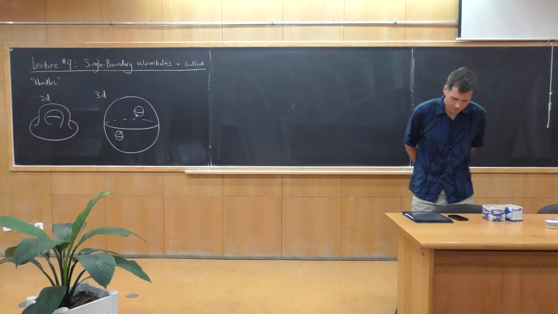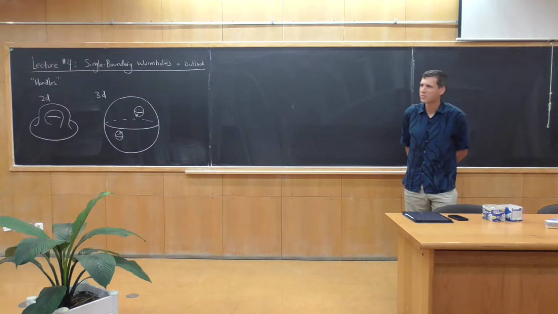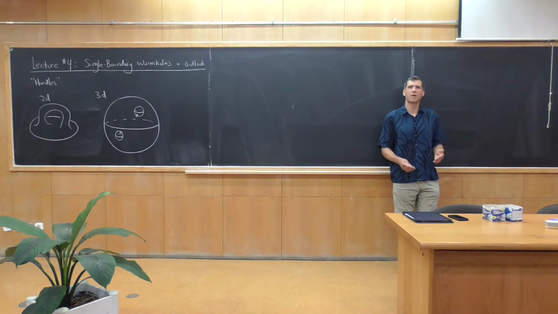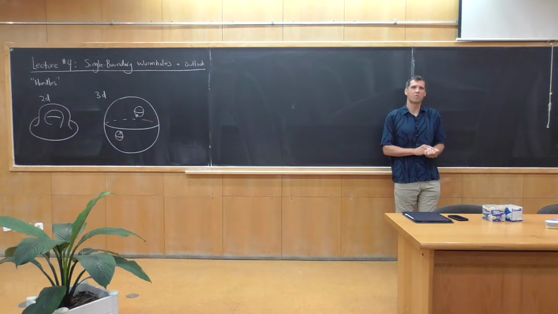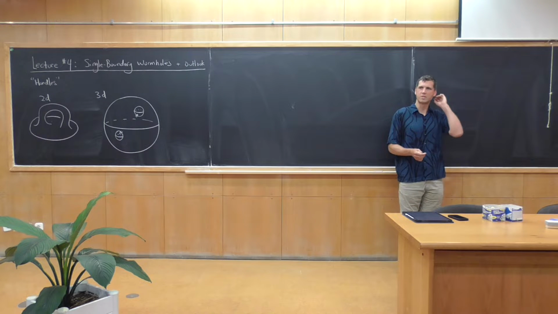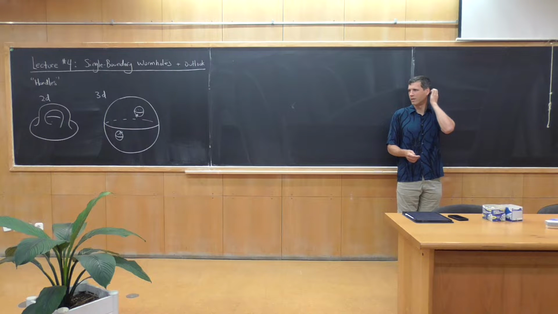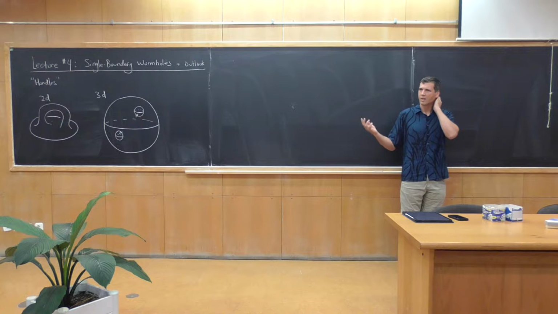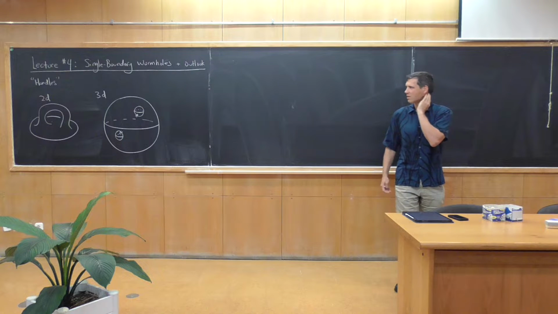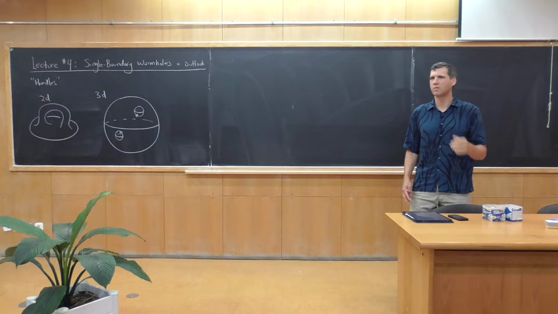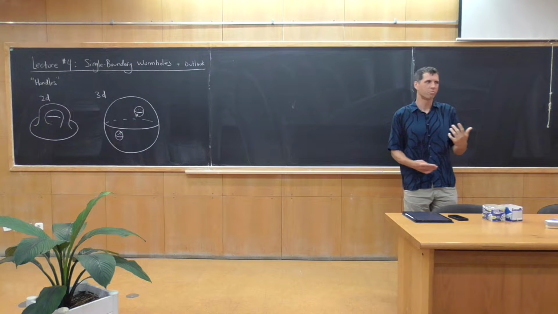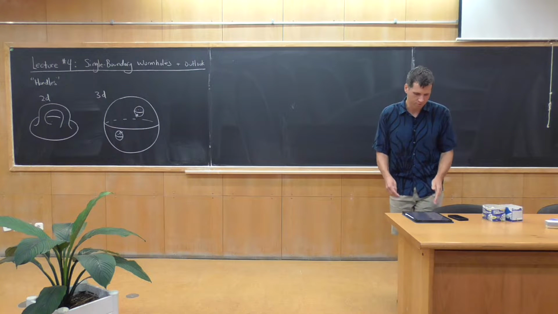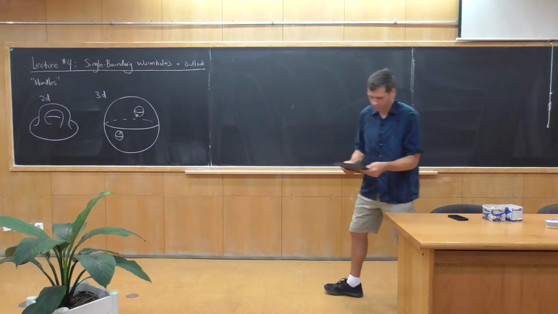So in this last lecture, I want to discuss single boundary wormholes. Yesterday we talked about multi-boundary things that you get by looking at products of observables in two copies of a theory. And today I'm going to start by talking about single boundary wormholes. And depending on how fast this goes, I think we'll have plenty of time to wrap up and discuss some of the open problems and questions that I think are raised by a lot of this averaging from the point of view of the Bootstrap.